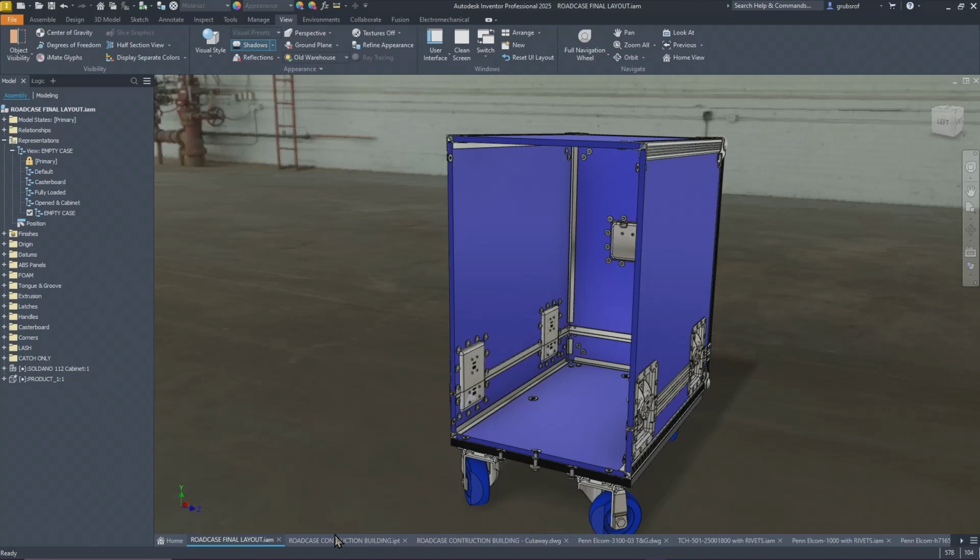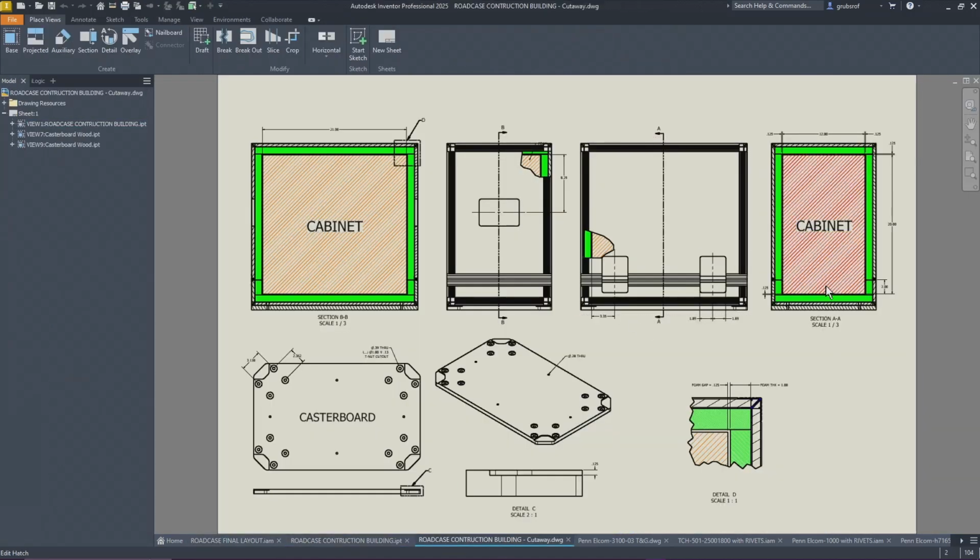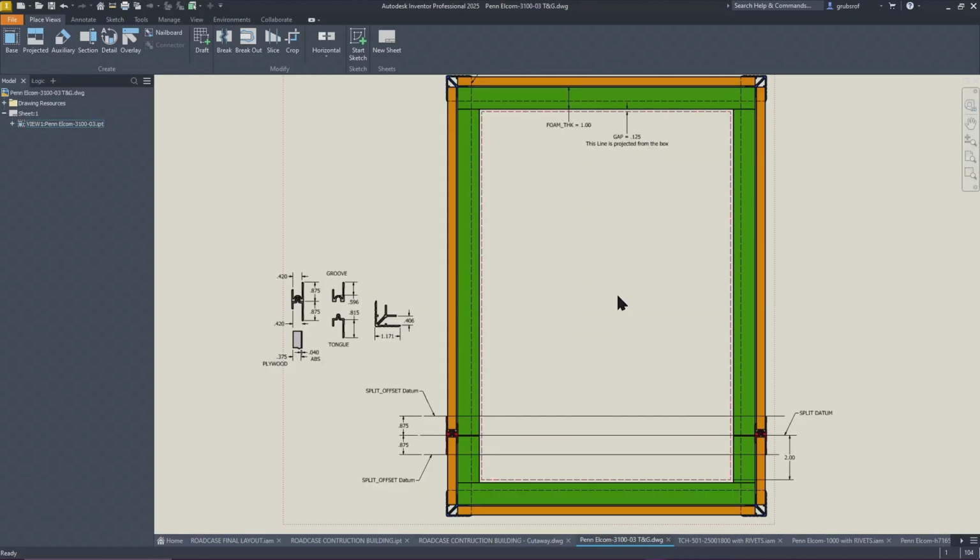So for this case, to drive that case, I went ahead and laid this out. This particular one, and the dimensions on here are just arbitrary to whatever this cabinet is. I just laid it out. So we're going to actually have these all planned out, how they're going to be attached, the whole size. Obviously I did this ahead of time,